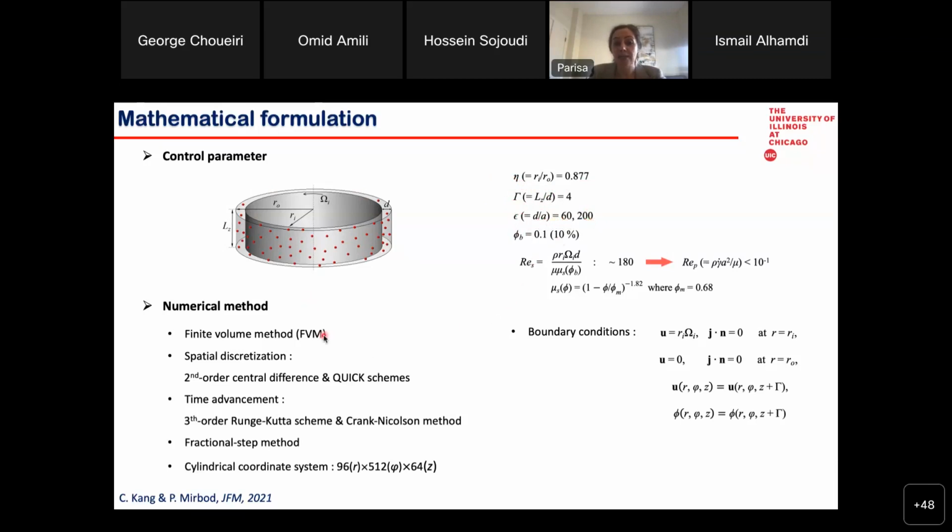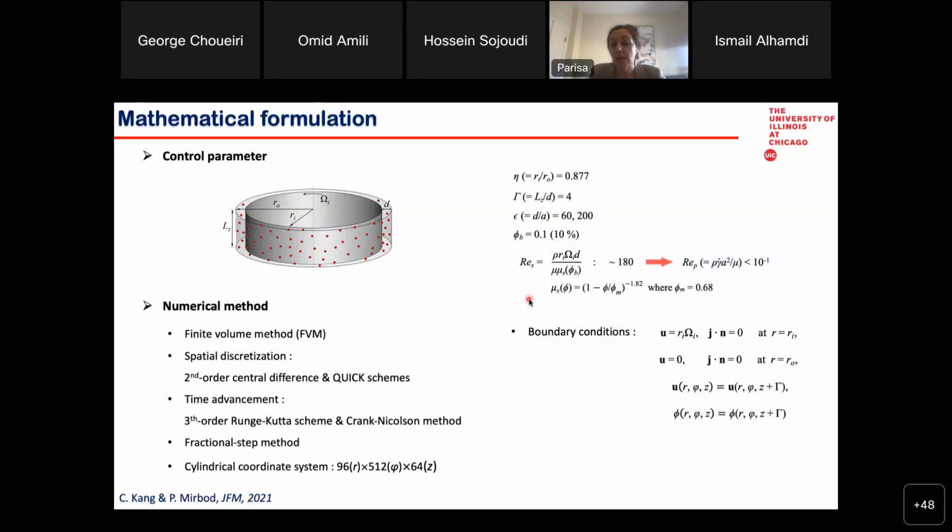All of those analyses that I'm showing here are for the case of 10% suspension, but recently we have results for other concentrations: 20, 30, and 40%. Different scenarios are happening, and these are either accepted with some revision or they are in review. I'm going to talk about that in a minute.